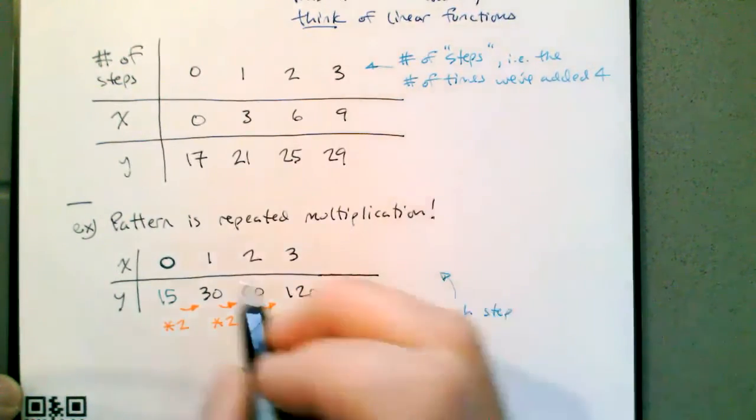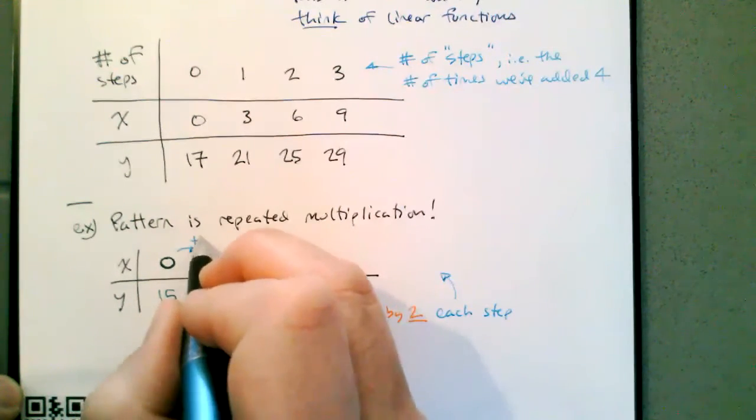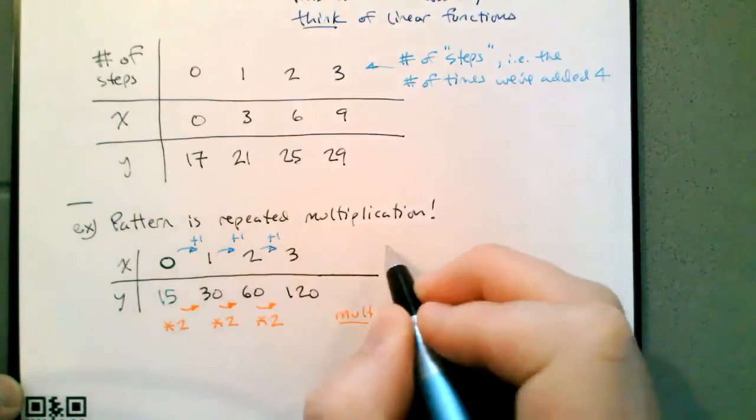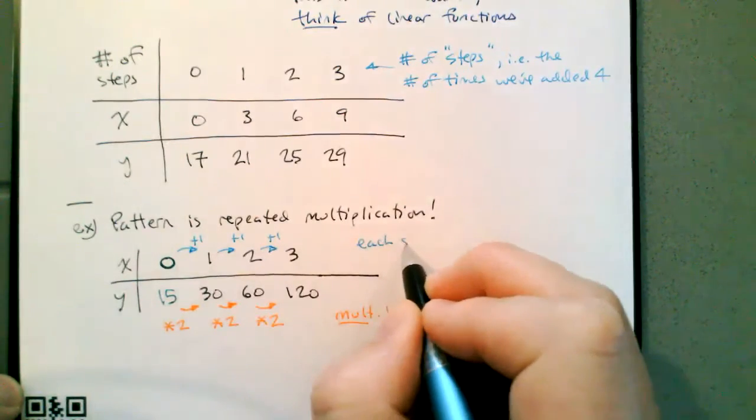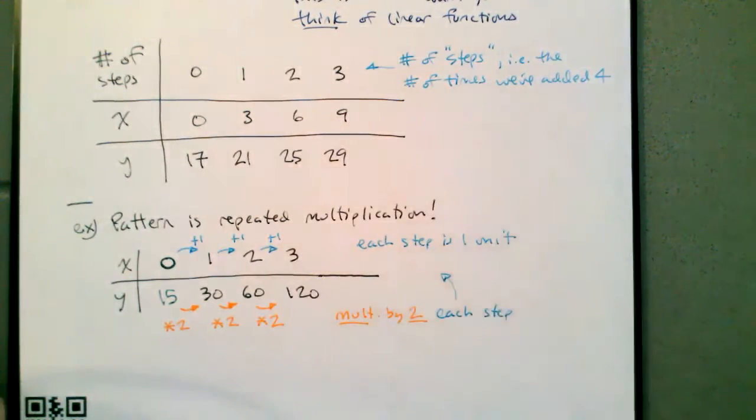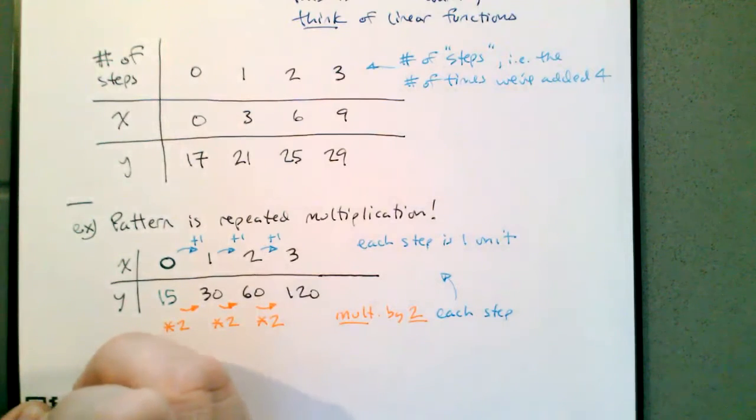Then we look up at the x's, and each step is a plus 1. Each step is 1 unit. Since our pattern is repeated multiplication, well, let's first write a sentence. We'll say